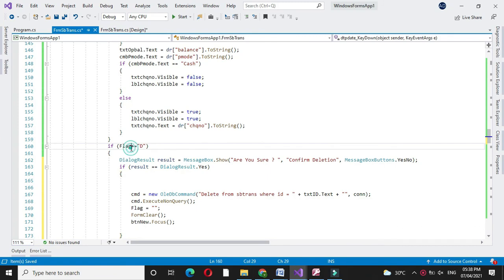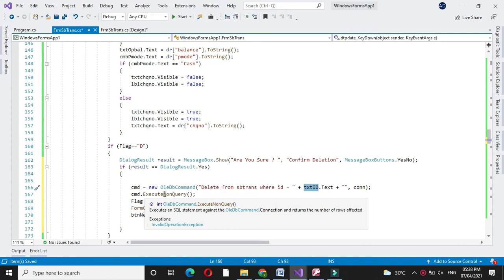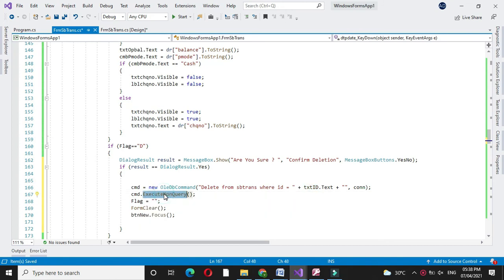Before deleting, first it will ask, are you sure? And if it is yes, it will execute the command delete from SBtrans where ID equals, and we will execute this with execute non-query. Then we will set flag equal to null, then form clear and button new focus.